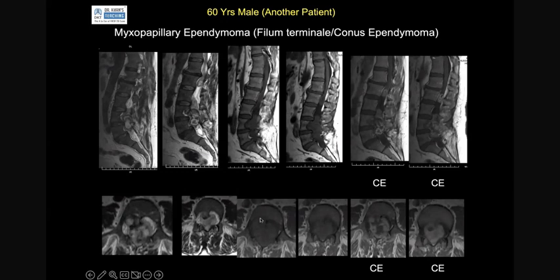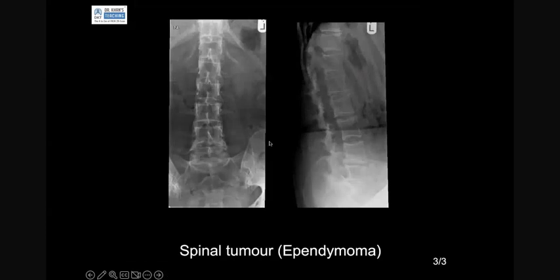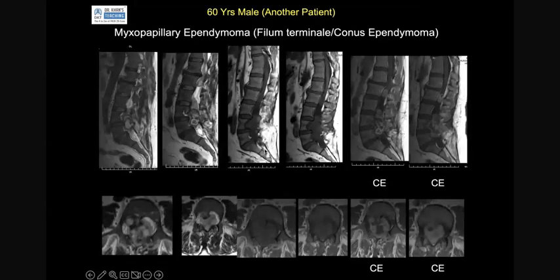Now concentrate on this axial. And here, you will understand what happens, because look at this pedicle. This is the tumor, and the pedicle is thin. And this is what was visible on the previous X-ray. So the current case,